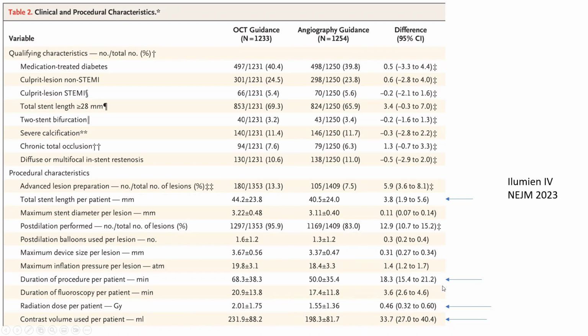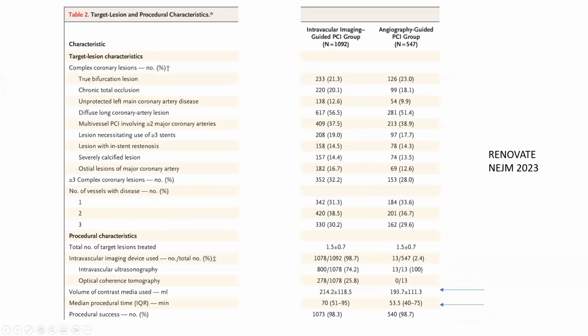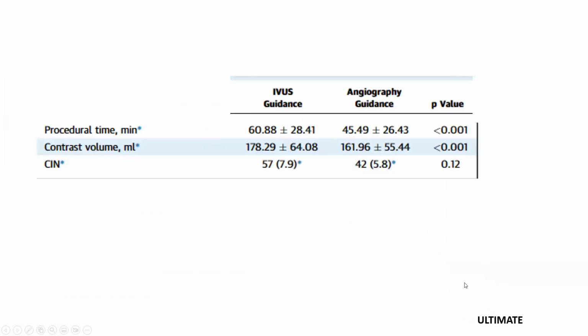And by the way, those pitfalls, longer duration, more contrast, more radiation, you see them in other trials. This is in the Renovate trial. You had more contrast volume in the imaging arm and more procedural time. Again, that same number, around a third longer procedural time. And this is from the Ultimate trial. Again, procedural time, 45 versus 60 minutes, 35% longer. Contrast volume larger, and there was a trend toward more contrast nephropathy in the IVUS guidance, but that did not